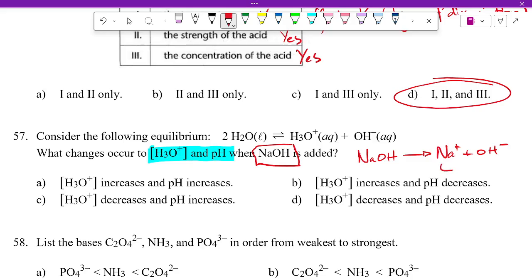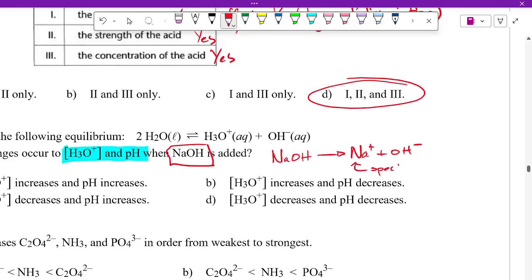Na is a spectator, because what would it react with? Na is a spectator, so we're really just looking at hydroxide. So therefore, the concentration of hydroxide has increased. So the hydroxide is going to go up, which means we're going to shift to the